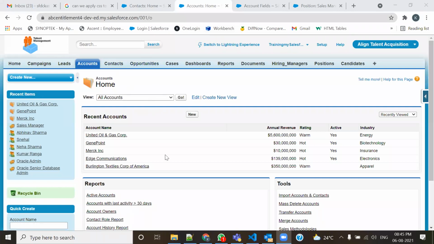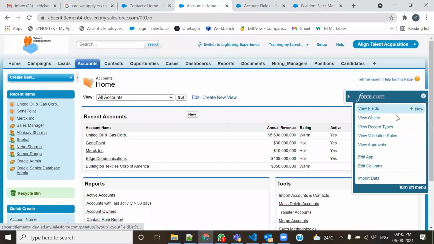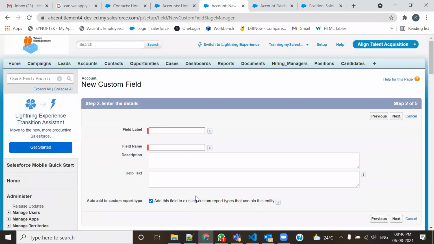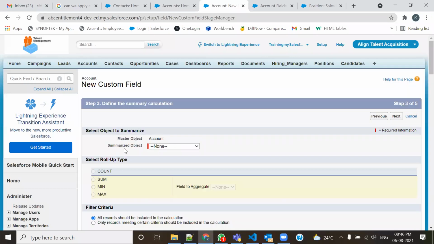ऐसा कुछ नहीं कि स्टैंडर्ड ऑब्जेक्ट पे नहीं कर सकते। अगर ऐसा होता तो ये ऑप्शन ही नहीं नजर आता था मुझे। If I go to the account, if I try to create a new field over here, what kind of field? Roll up summary field. I have this option because I can create it here. हाँ, अब इसमें मैं किसके साथ एसोसिएट कर सकता हूँ? आई कैन एसोसिएट दिस ऑन द अपॉर्चुनिटी, एंटाइटलमेंट्स एंड द एसोसिएट लोकेशन। आप कर सकते हो, ऐसा कुछ नहीं है।